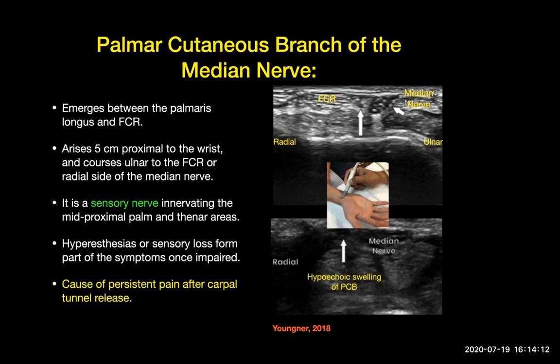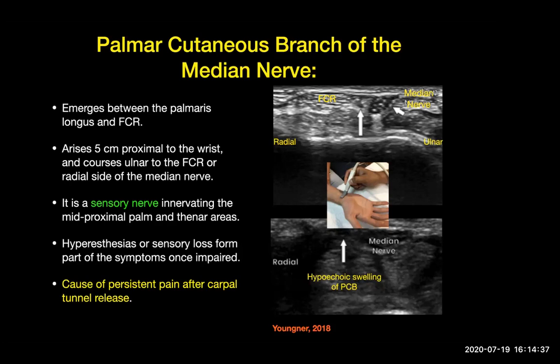This is 5 centimeters proximal to the wrist, and this courses ulnar to the flexor carpi radialis, or the FCR, or radial side of the median nerve. So as you can see on the first slides here, you will notice that it is actually between the flexor carpi radialis and the tendon of the palmaris longus